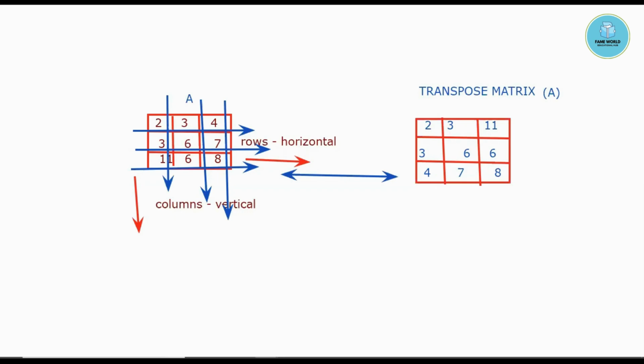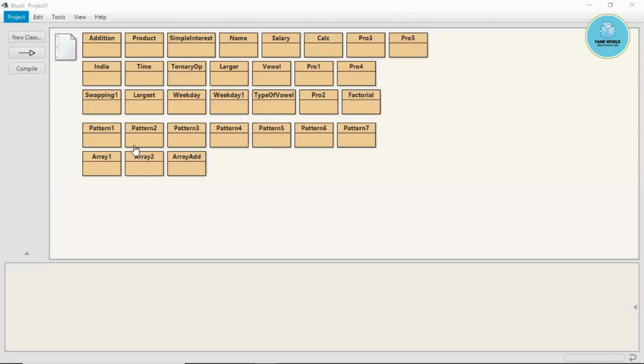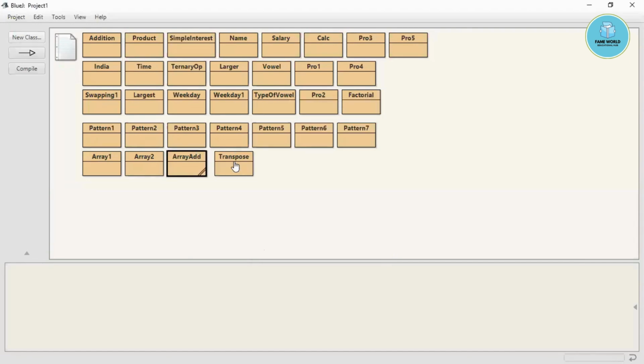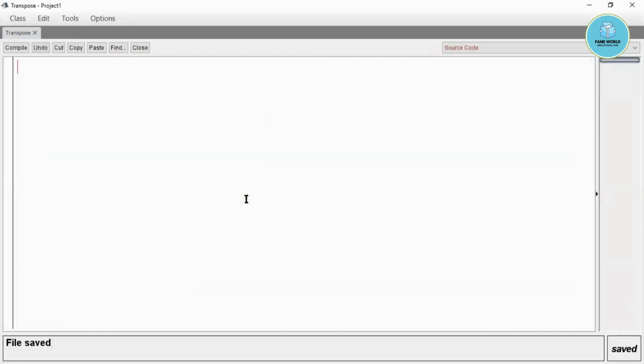Okay, now I am coming back to my BlueJ screen and I am going to tell you the concept of the program of transpose. So when we are talking about a transpose matrix, first of all we have to take input of a matrix.